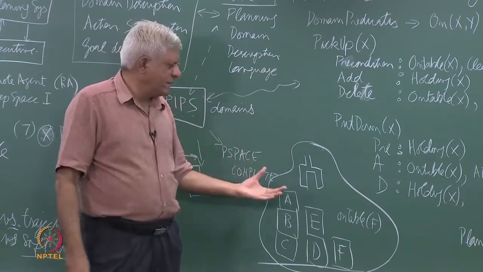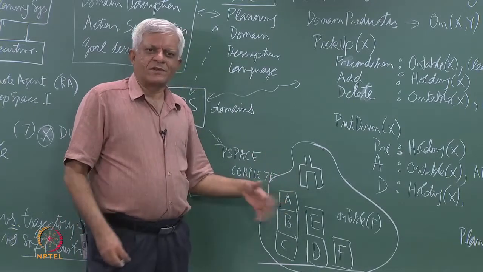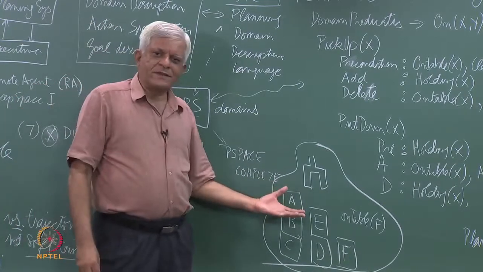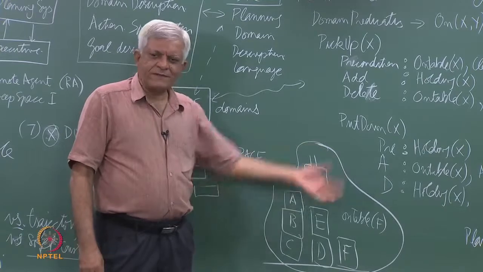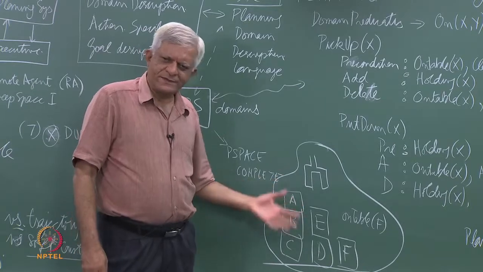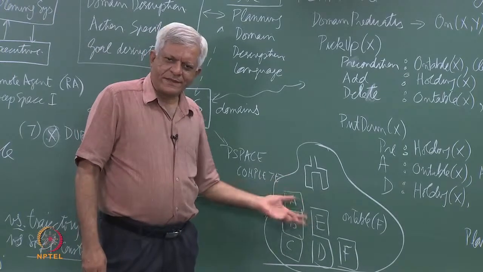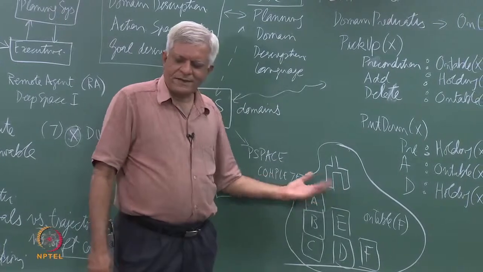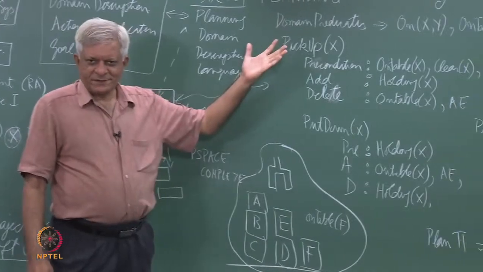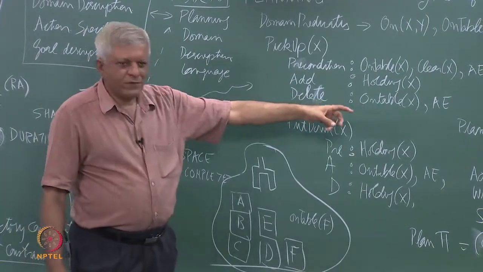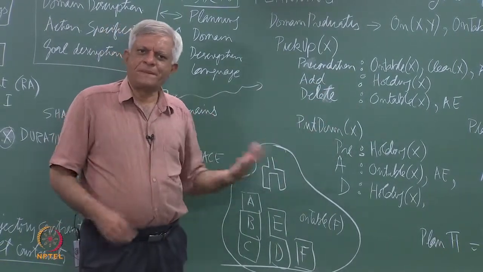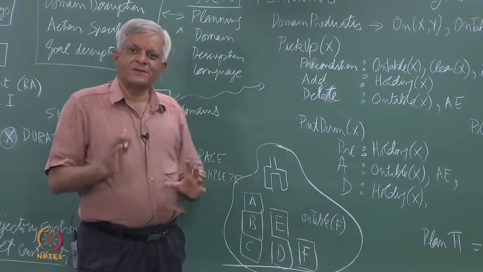So, his solution of course is a very nice solution which sort of defies the fact that I kept saying it is PSPACE complete, but in fact in the blocks world domain there is a very simple algorithm which says first put everything on the table, which will take you, if there are n blocks, at most order n steps. Then I assemble the thing that you want to assemble. So, you want C to be on F, pick up C, put it on F, you want E to be on C, pick up E and put it on C. So, it can be done in linear time essentially.